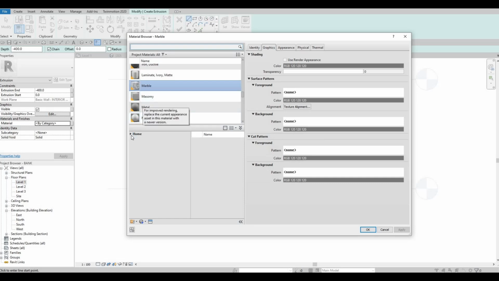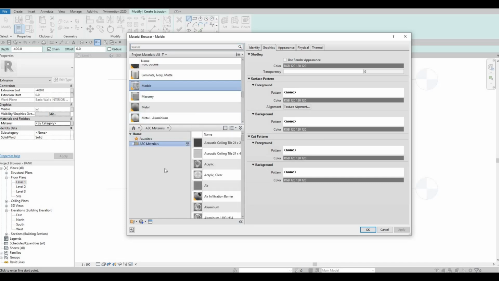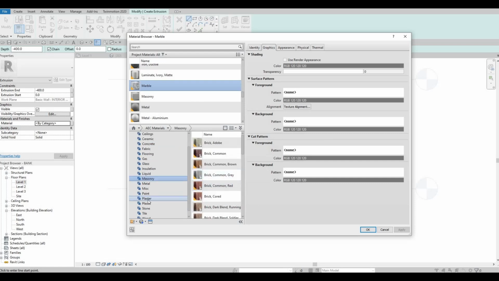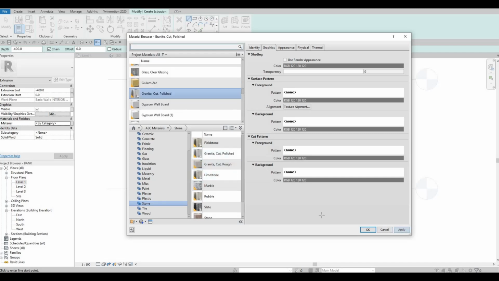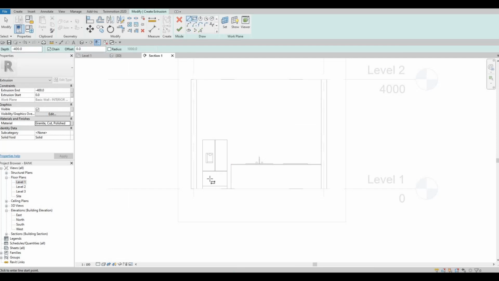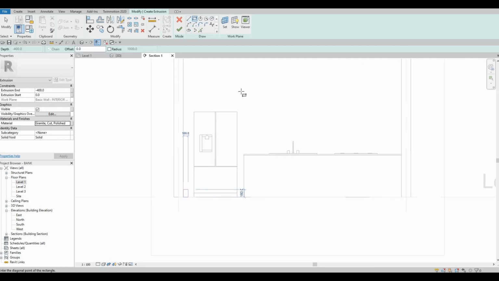So I'm going to add maybe another stone material. So I'm gonna use this one, apply, okay,